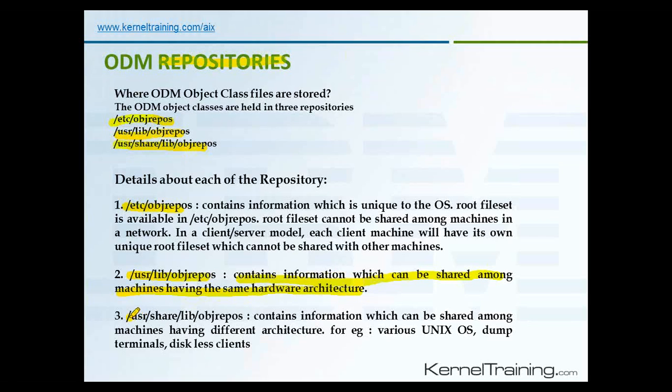The data that can be shared between these would be stored under /usr/share/lib/objrepos, which contains information that can be shared among machines having different architectures, like various Unix operating systems, dumb terminals, or diskless clients. So these are the 3 important repositories that